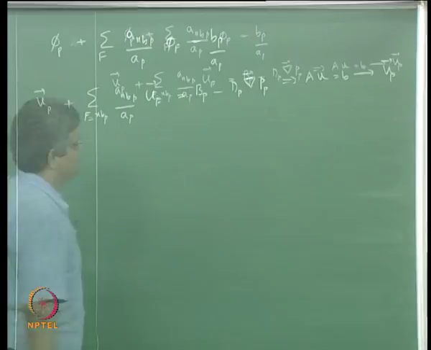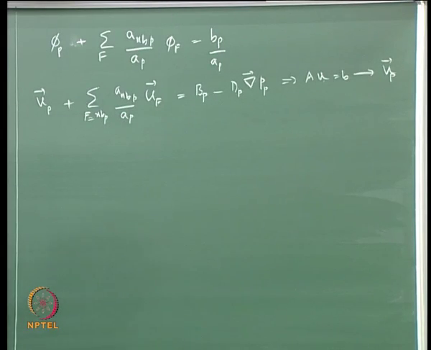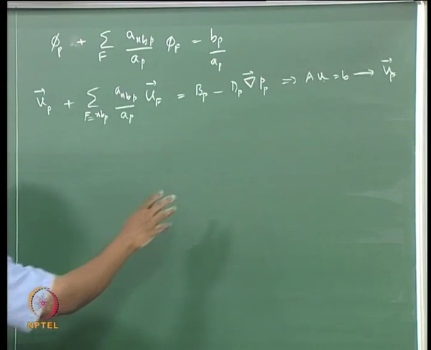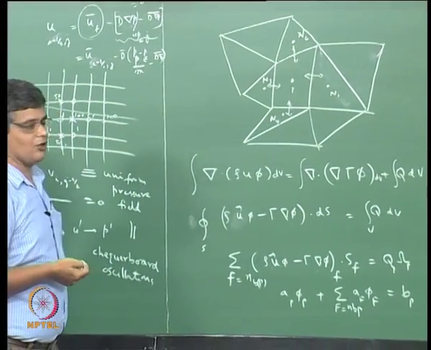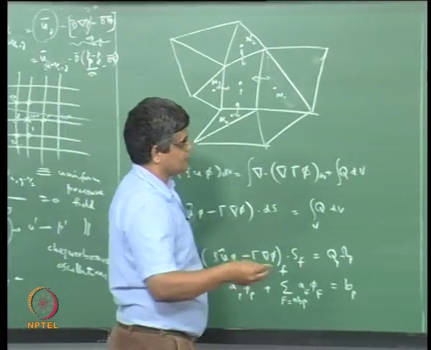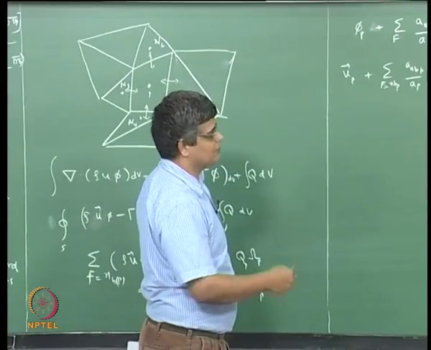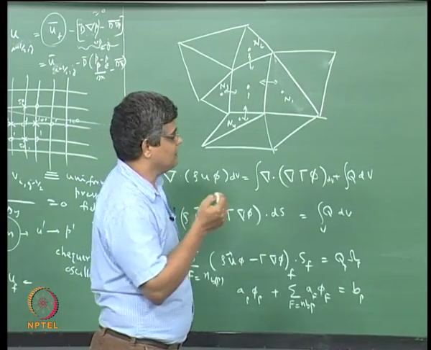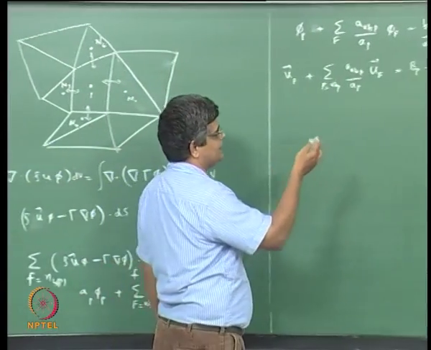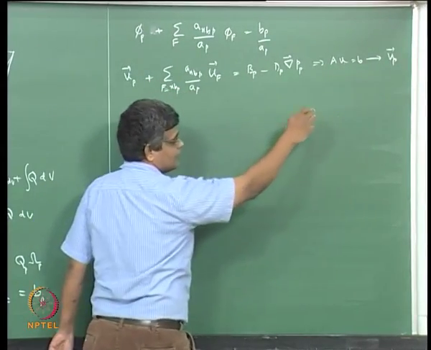So this is the approach that we can use to discretize the momentum equations and convert them into an algebraic type of equation for a given point. Now the question is, how do we solve the continuity equation? Because in order to solve this, we need to know the pressure. So this is where we follow the SIMPLE type of approach, where we have P star as a guessed pressure field, and once we have the guessed pressure field, this can be converted into an equation which will give us